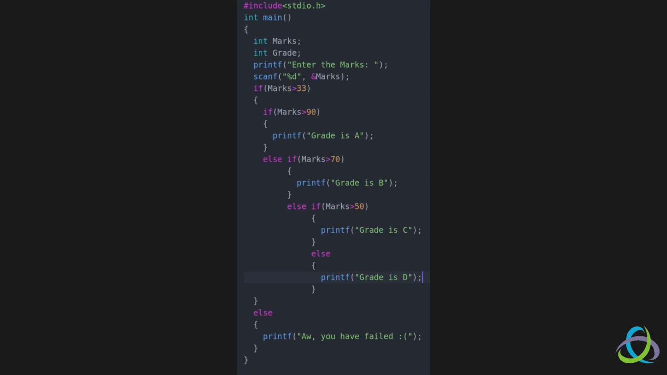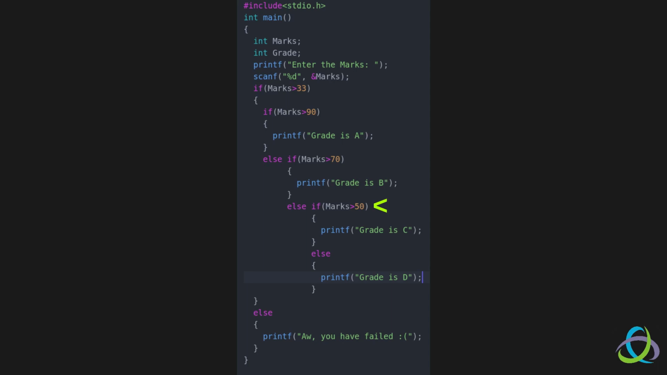In the beginning, we check whether the marks are above 90. If so, then the grade is A, right? But if not, then the control goes to the body of else. This else has another if statement built inside of it that checks whether the value of marks is greater than 70 or not. If so, it prints the grade B, or else the control goes to the body of else